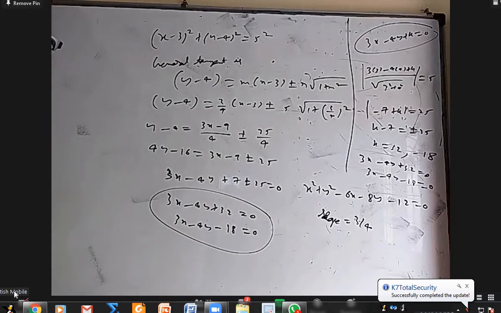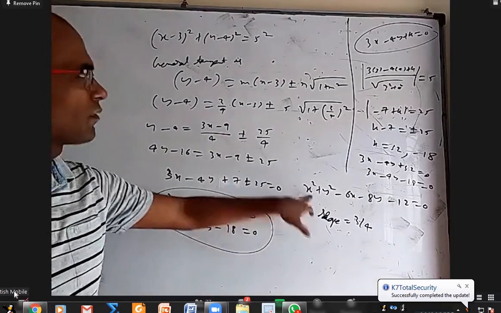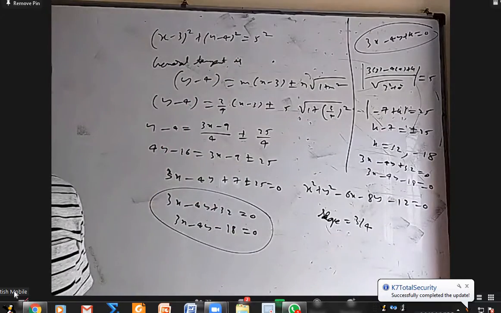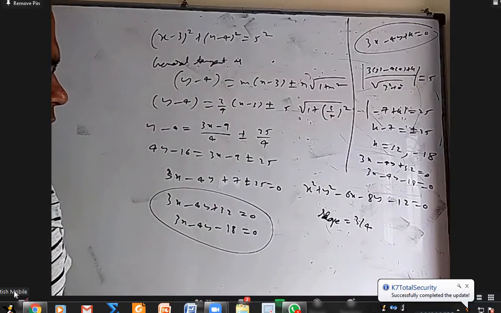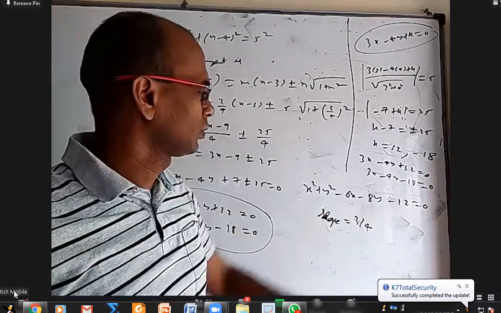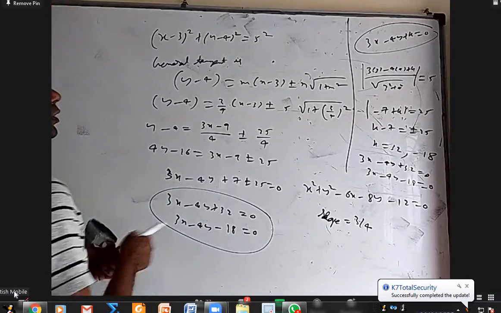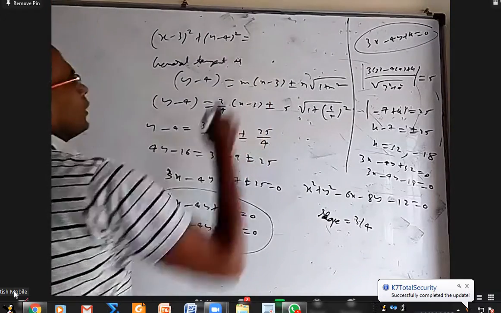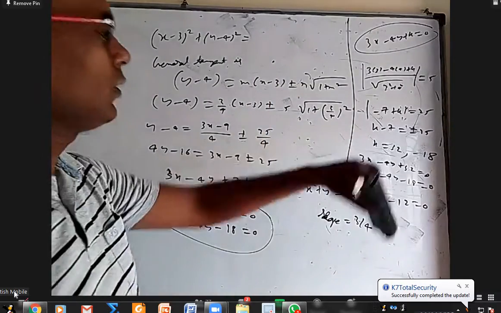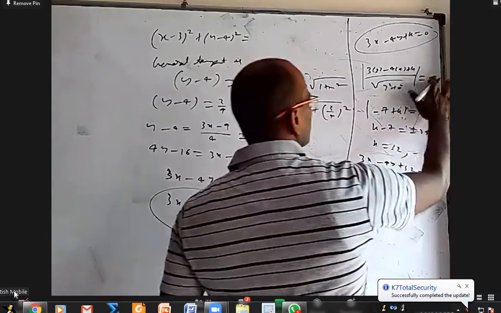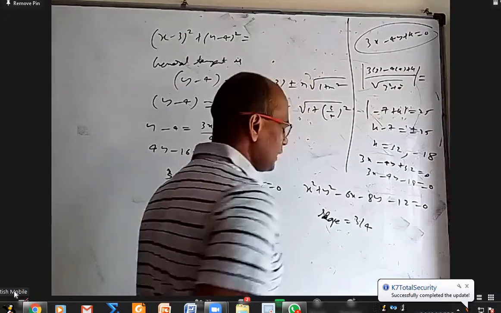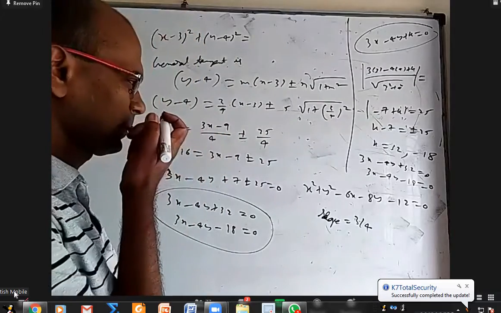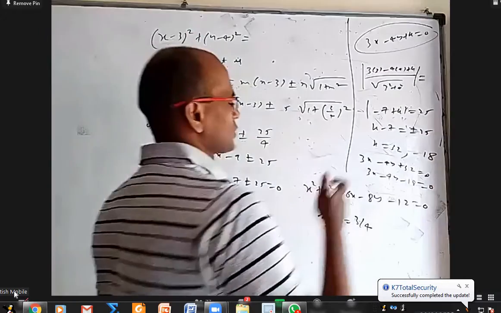Sir, did you write the equation x square plus y square minus 6x minus 8y minus 12 as x minus 3 whole square? Yeah, when I completed the square, I wrote like this. Sir, those two are not same, sir. I did some mistake. Sir, radius is coming wrong. Root 37. But these answers are fine. Oh, here also I wrote radius wrong. What is the radius? Root 37. Oh, okay.